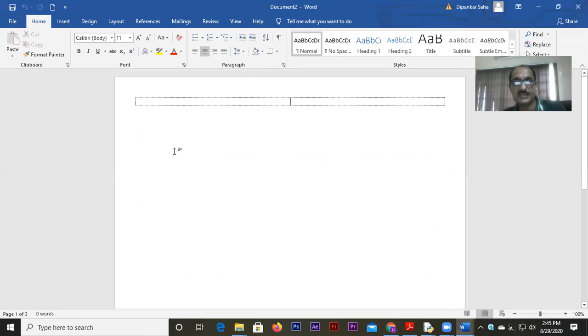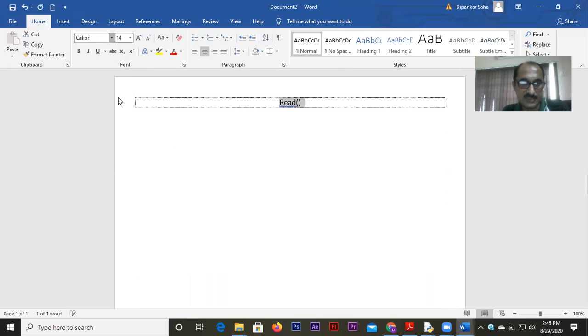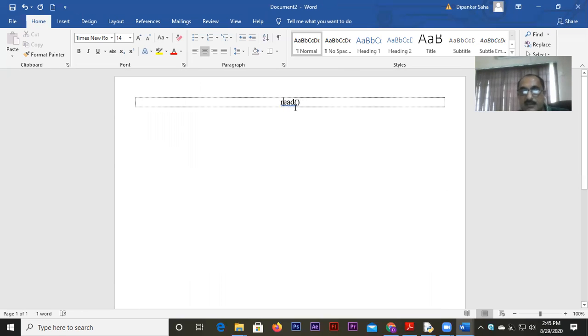Fine. So when you're using the read function, what happens? You will be able to read the entire text file, or the entire file can be read together. Obviously, you do f.read(), and whatever you read is always assigned to a string variable. That means it has to be st equal to whatever, when you use read.